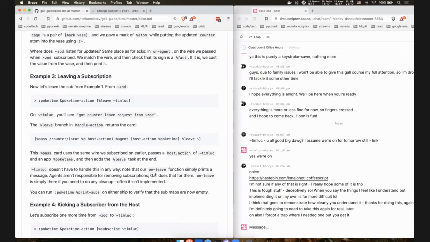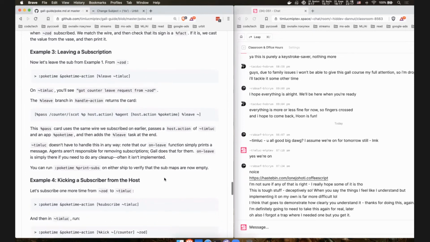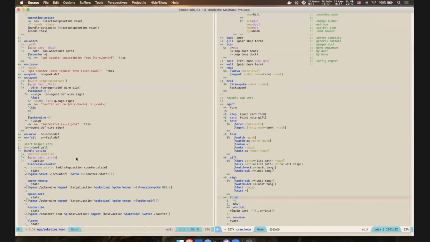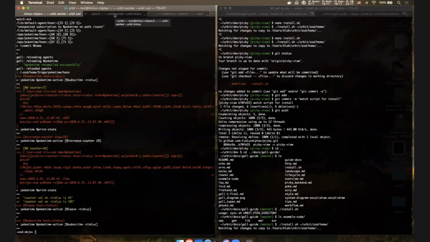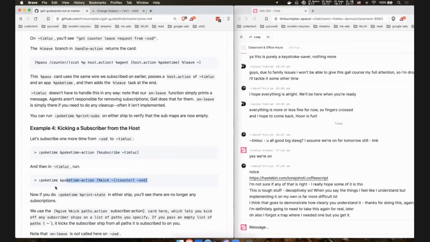So on our on-leave function, as we looked at, all it does is print a message. Gall handles everything. Okay. So, kicking a subscriber from the host, let's just go ahead and resubscribe again. So we subscribe, we'll get the counter subscription from Zod, and in Timlook we're gonna just run this poke time action to kick it,